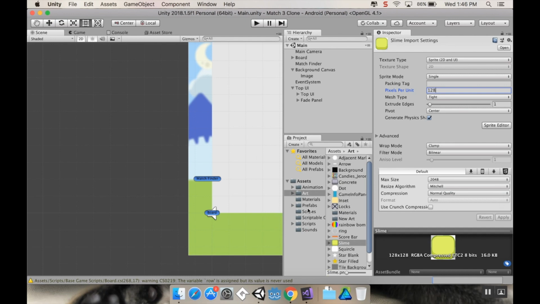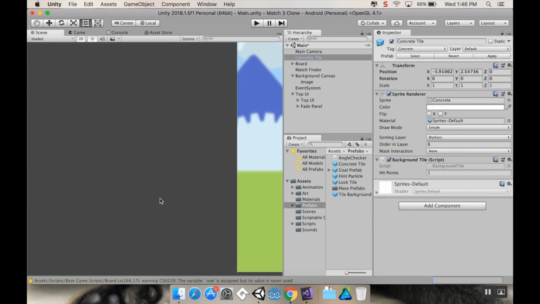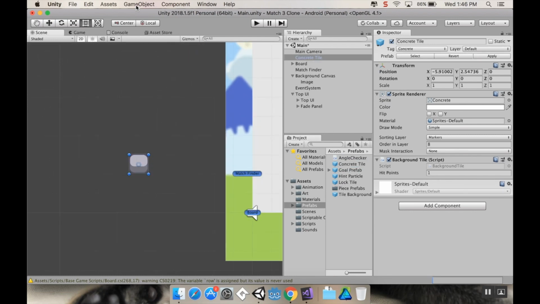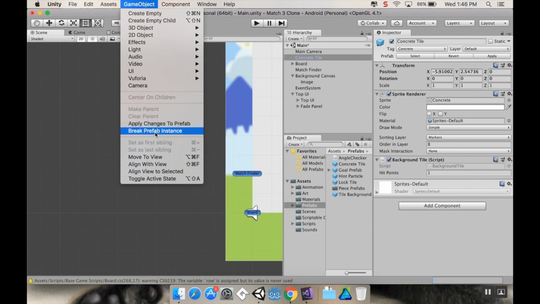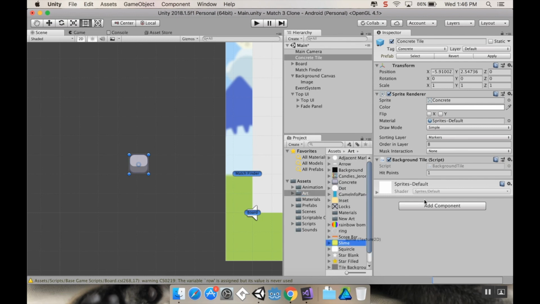Now I'm going to use the concrete tile as the base for this. So I'm going to go to my prefabs, grab my concrete tile, pull that out. Now, just like last time, I'm going to break the prefab instance so that I'm not going to change the actual concrete tile with this. Then I'm going to change its art to be that, what I think looks like a little globby of slime. I'm going to leave its hit points at 1,